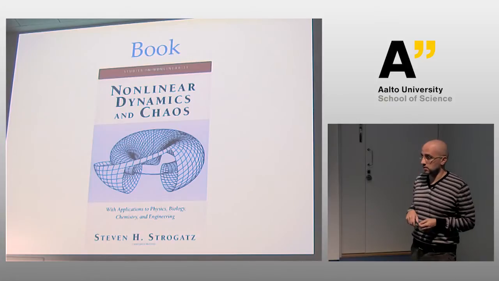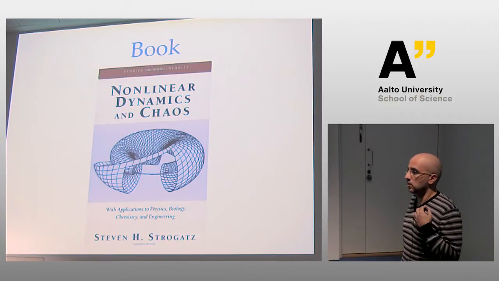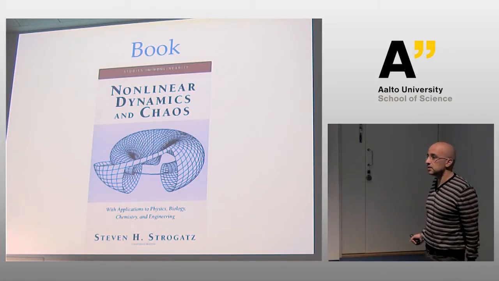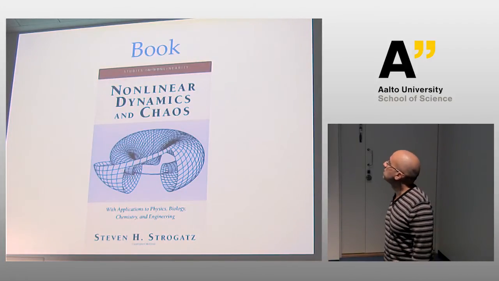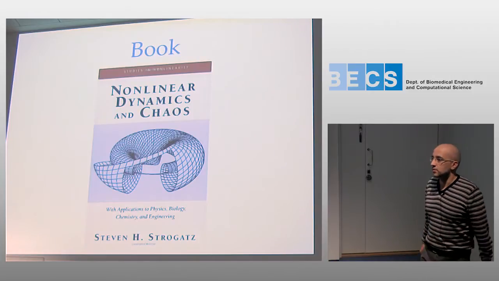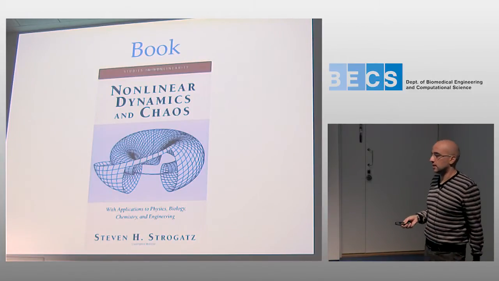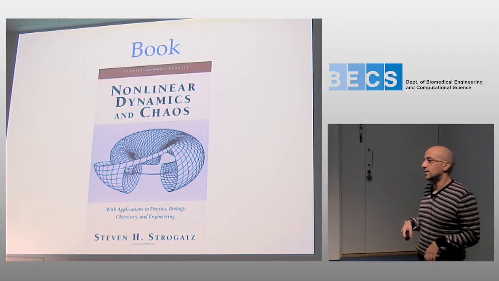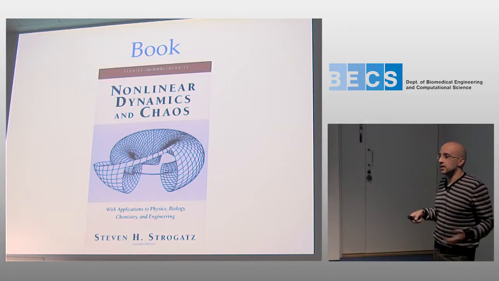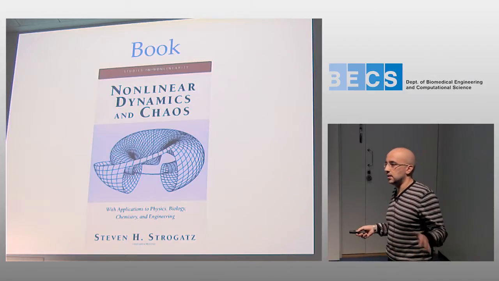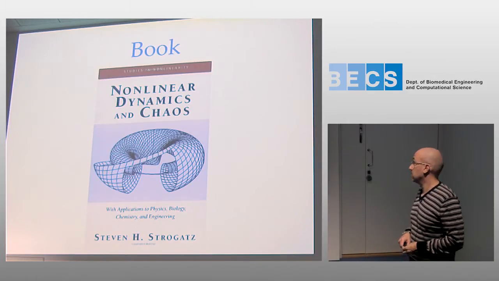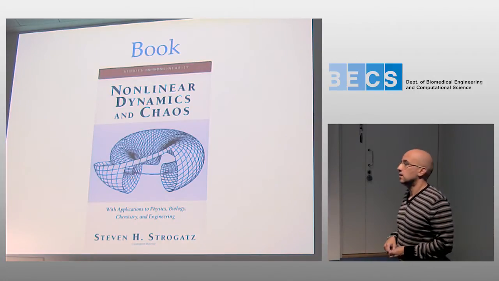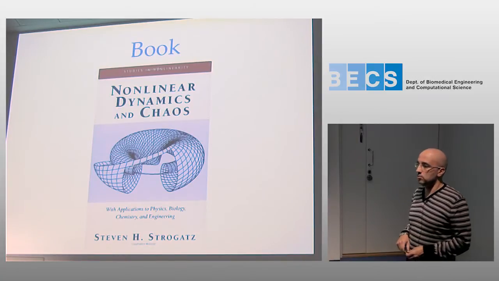This is going to be our Bible for the next 6 weeks. This is one of the nicest books on the topic. The topic is meanwhile not so young anymore. It kind of exploded in the 70s and in the 80s. Now it's kind of going down a little bit because, you know, in science, like in anything else, there are fashions. There are things that become popular and things that were popular, and then inevitably, after you find the main concepts, they die out, like everything else. You know, it's life. So I will try to tell you why this thing was so nice, so long, what it has to do with a number of phenomena